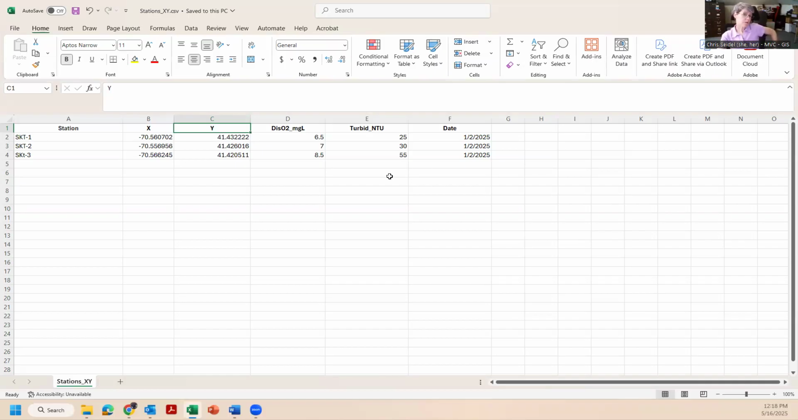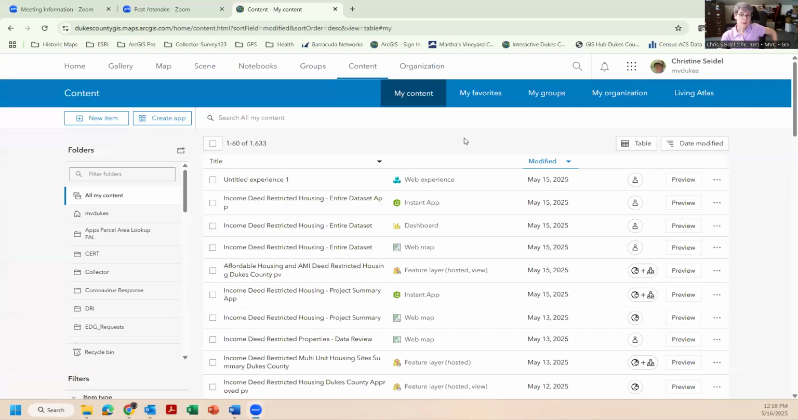So this is our spreadsheet. From Excel, I've saved this one as a CSV file. All right, so we get out of Excel. So now we're in